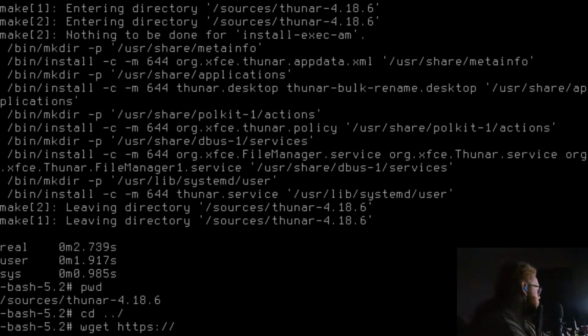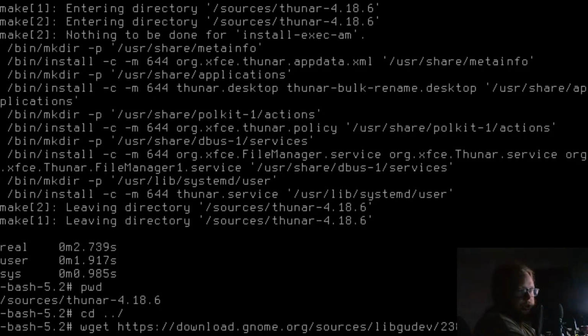You never know. https://download.gnome.org/sources/libgudev/238/libgudev-238.tar.xz.